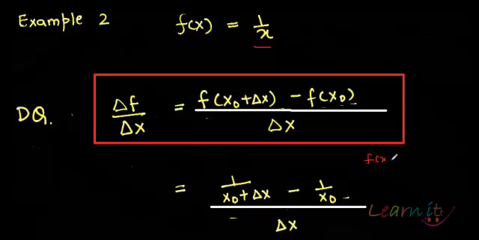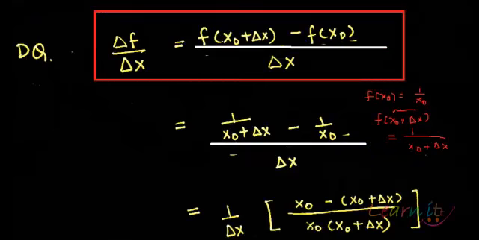Now f(x naught) equals 1 upon x naught. f of x naught plus change in x would equal 1 upon x naught plus change in x. Whatever is the input comes out as a reciprocal. That's what the function 1 upon x means. So just plugging in the values here, 1 upon x naught plus change in x minus 1 upon x naught, upon change in x,